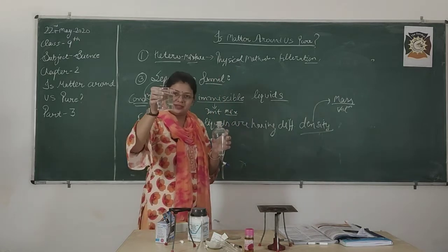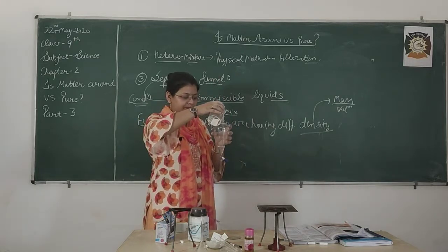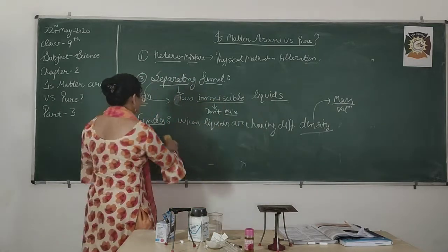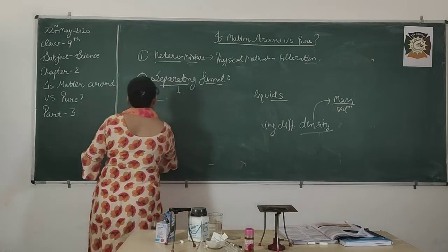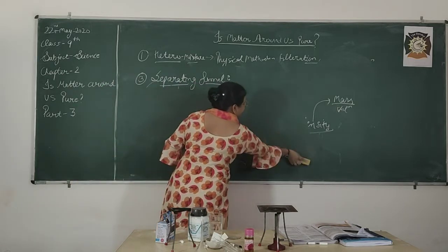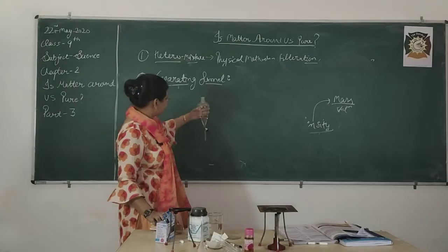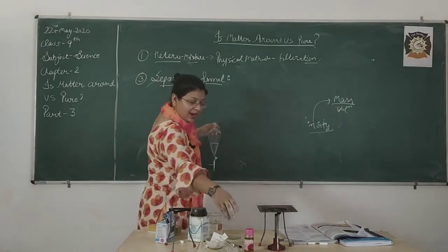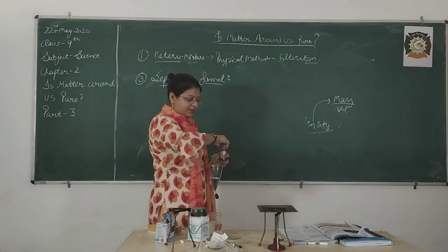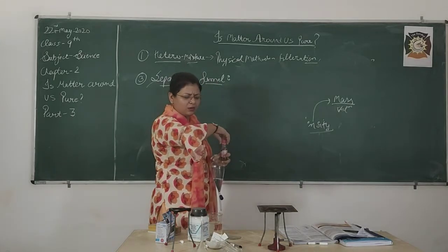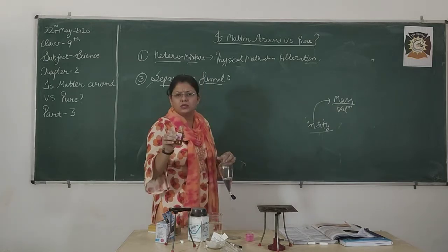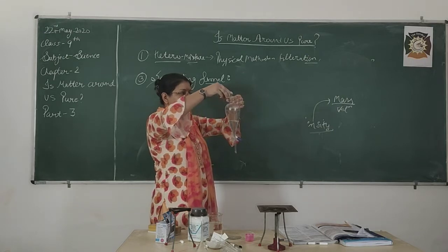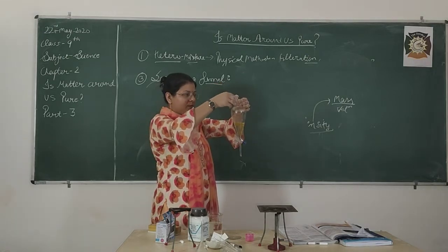Number one, water. So I am going to pour some water. I think it is visible to you all. I am going to rub the board so that you can easily see what happens in this technique. So this is the separating funnel, and I have water. On the other side, two immiscible liquids, a general common example: oil and water. I have this mustard oil, easily available at your home. So I am going to pour some oil into this separating funnel.